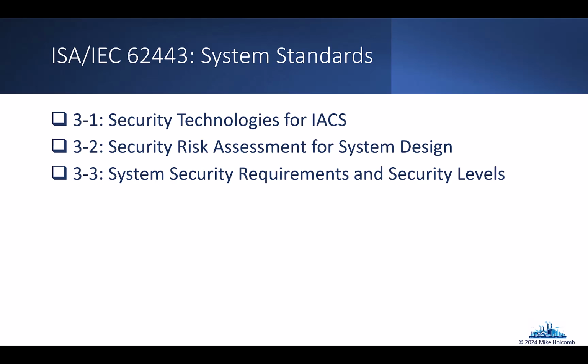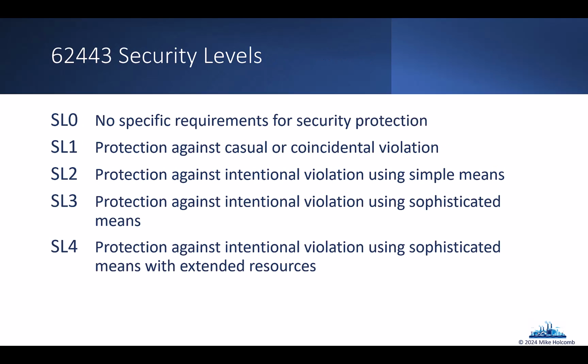This is really what we're talking about when building out an overall program. That's why we didn't spend as much time on all the other documents, because this is really what it comes down to. So what you're going to do in 62443 is have security levels defined for different